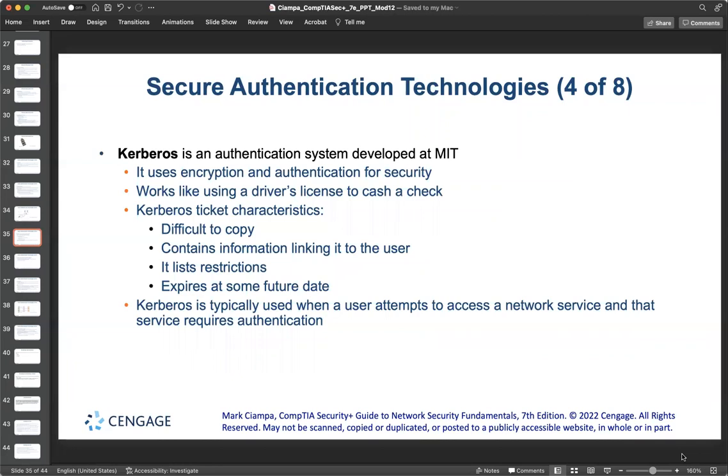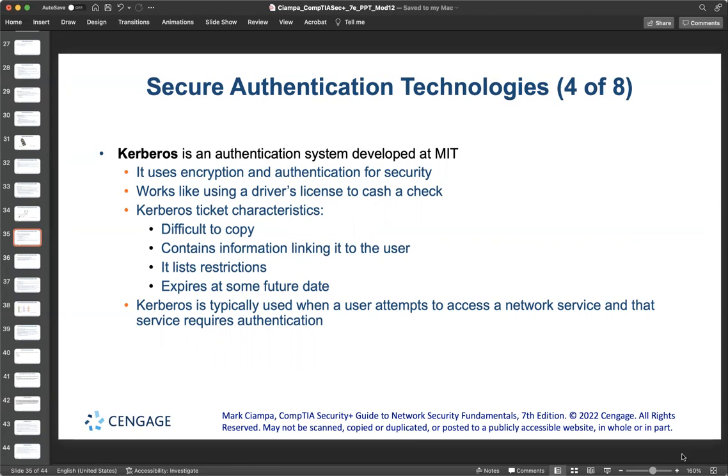So when you log in, Kerberos gives you a ticket, which is really difficult to copy, which contains information linking to you and your user account, which also has the restrictions applied to you. So the ticket knows where you cannot go, what you cannot touch, and also expires at some time after you log in. This means you log in with Kerberos, receive the ticket, which is like your passport, go travel wherever that passport allows you, do whatever that passport allows you, and then come back. So whatever you want to do in the network, you have to show that passport or